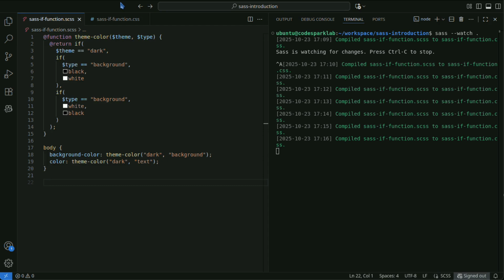When using the if function, keep the following in mind. The if function cannot be used with dynamic values. Because CSS itself is a static language, the if function determines values at the time Sass is compiled. For runtime conditional logic, you need to use JavaScript. Prioritize readability. Because nested if functions can become complex and hurt readability, you can use Sass @mixin and @function as needed to organize your code.